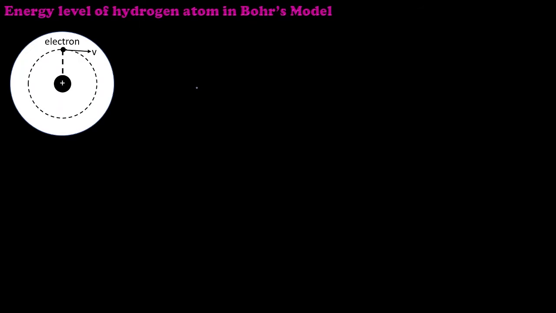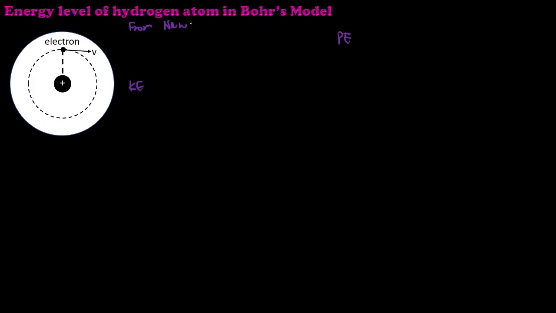After you have learned how to derive the orbital radii of the electrons in Bohr models and also the velocity of the electrons in Bohr models, we are going to learn about the energy level of hydrogen atoms in Bohr models. So what is actually an energy level? Energy level is the total energy of an electron in a certain orbit. When we talk about energy, we are related to kinetic energy and also potential energy. Before we start, from what we have learned just now, we have